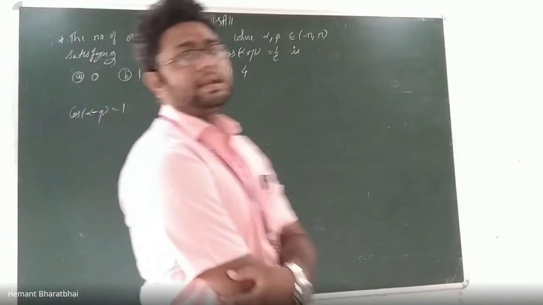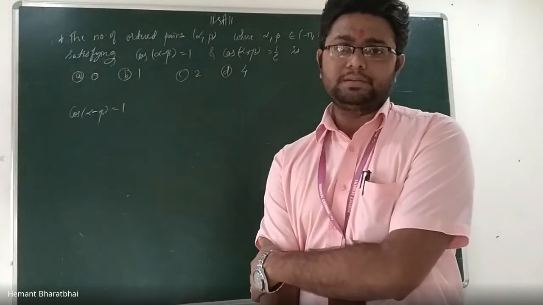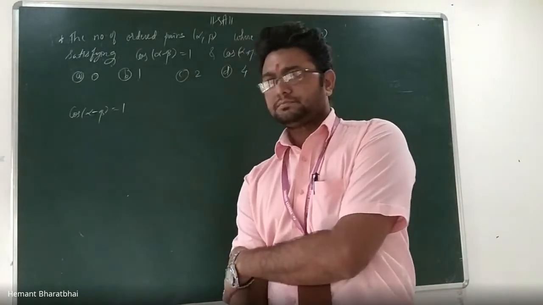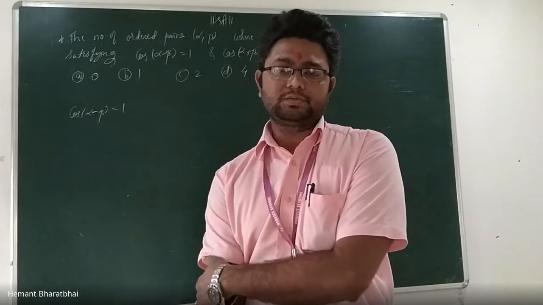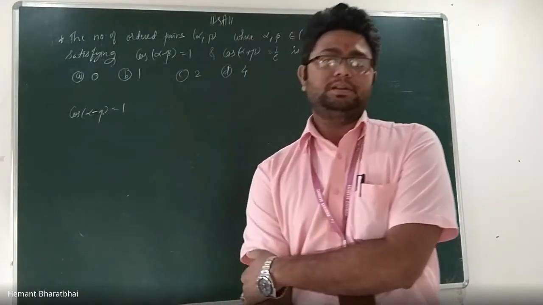So for what value do you have 1? Now cos 0 is 1, cos 90 is 0, cos 180 is minus 1 because it is in the third quadrant. Similarly,